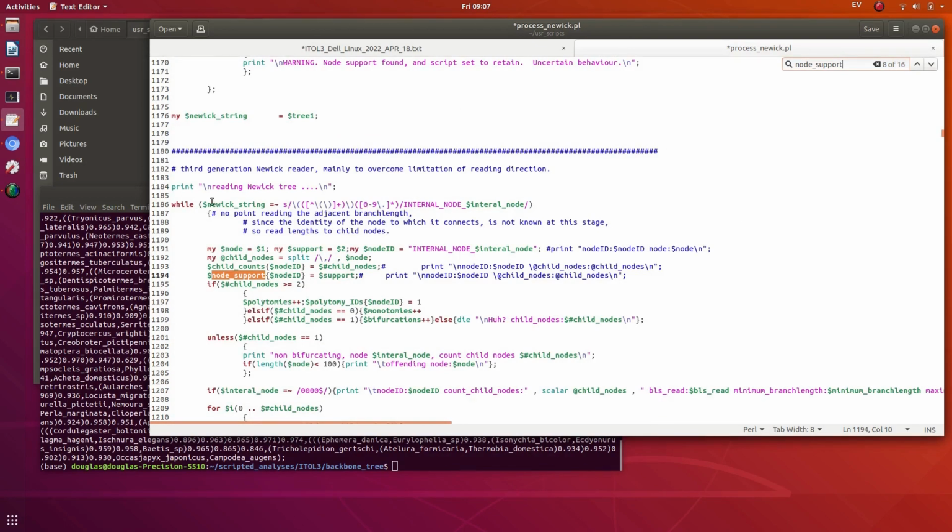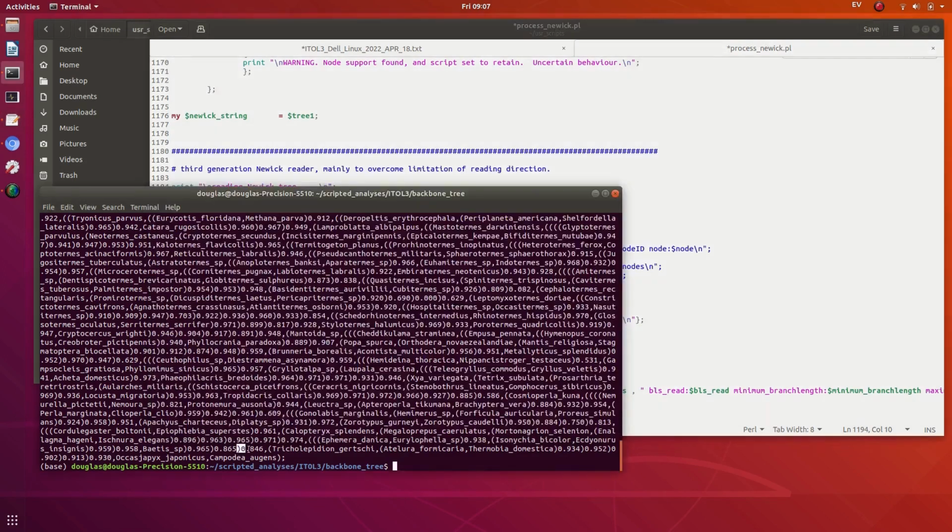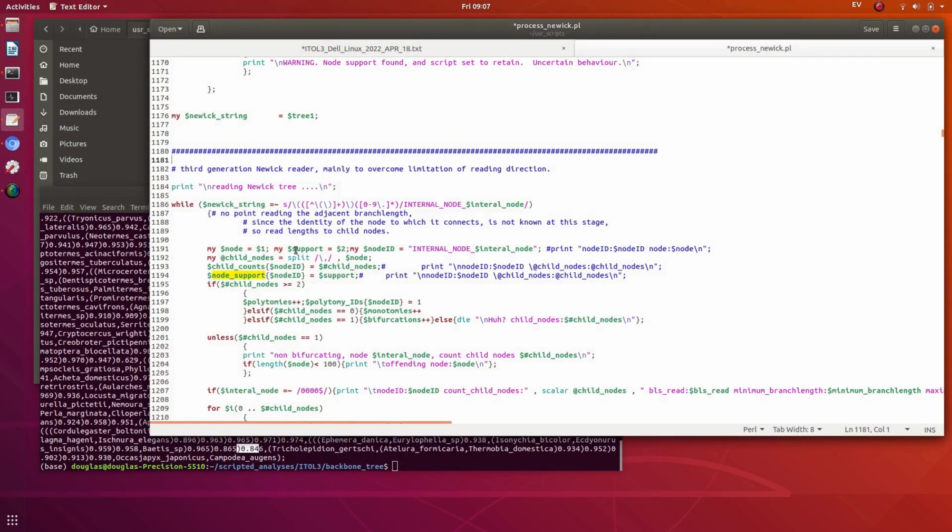So here's where it reads the original Newick string, and brackets around here and here read this section of the match, and these brackets will read this section of the match, which will be the node support. It goes into $2, which is put into this variable, which is then stored into this hash here. So we should be able to retrieve node support